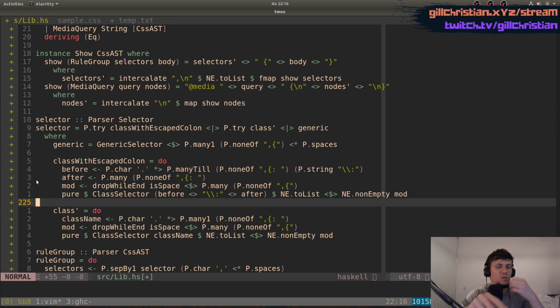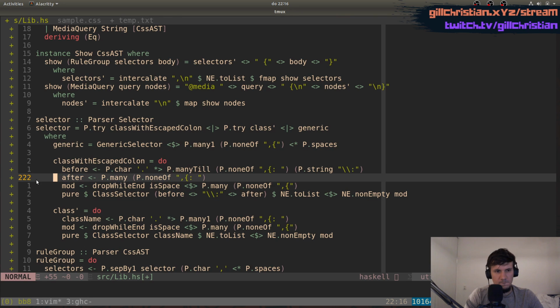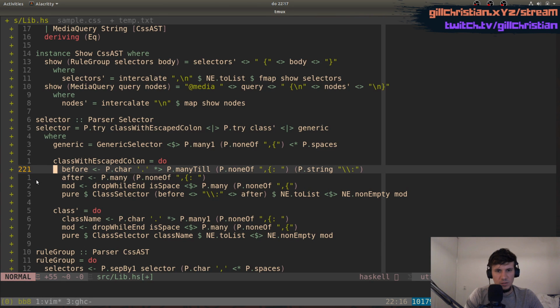So we should make it only in a single one where the try is inside here, right? So we have the after. These are many. And we do many till this,